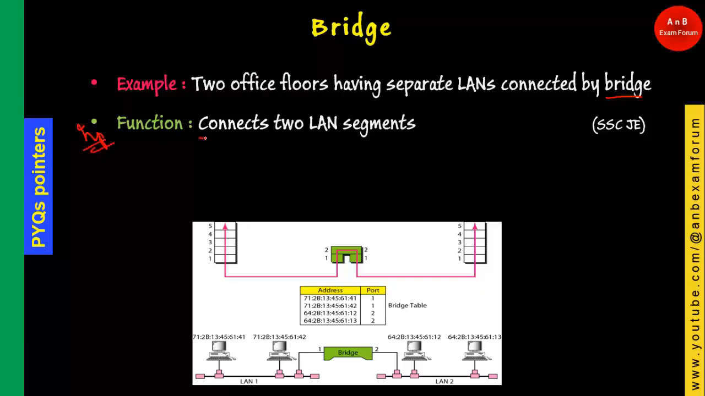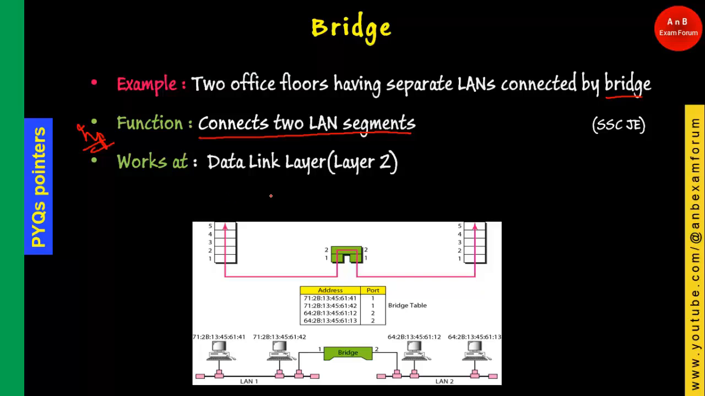LAN is what? Local area network. And this pointer was asked in SSC JE, a very simple one. You have 2 LANs, this is your first LAN, this is your second LAN, and you want to connect these 2 LANs. For that you need a networking device named a bridge. Bridge, as the word itself says, is used to connect the 2 parts. So here it is going to connect the 2 LAN segments,